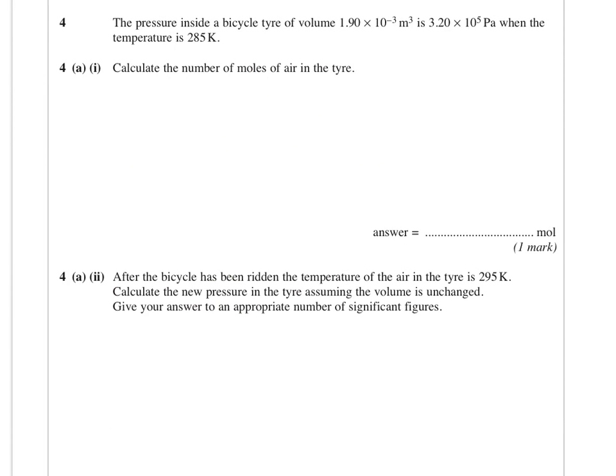Okay, question 4, so moving on to some thermal physics. So we've got a pressure inside a tyre, we've got a volume, and we've got a temperature. So we want to calculate the number of moles, so we're going to be using the ideal gas equation there. So n is going to be PV over RT. So let's put those values in. So PV is going to be 3.2 times 10 to the 5, times 1.9 times 10 to the power of minus 3, divided by 8.31, which is R, divided by 285, and that's going to give you a value of